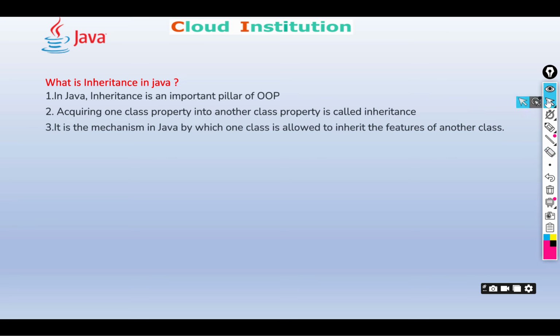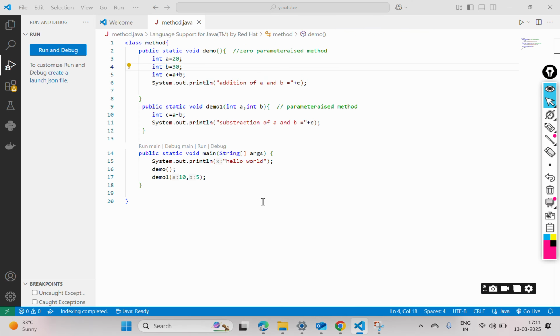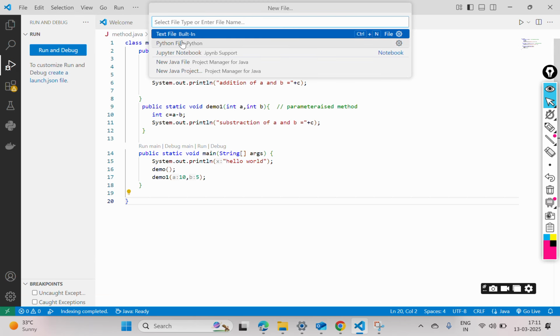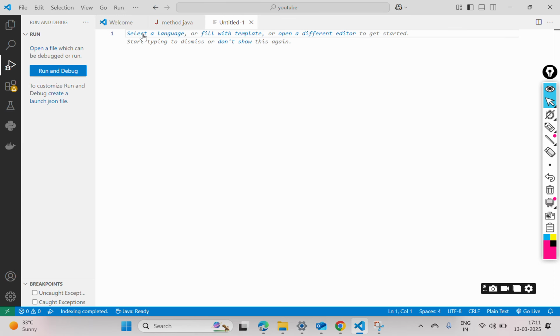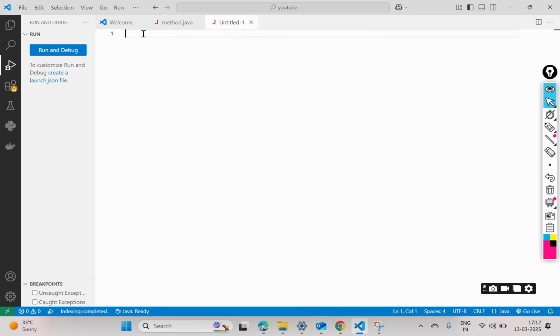Now let's see the practical: how to achieve inheritance in Java. Let me create a new file. Let me search for the language Java and save it.